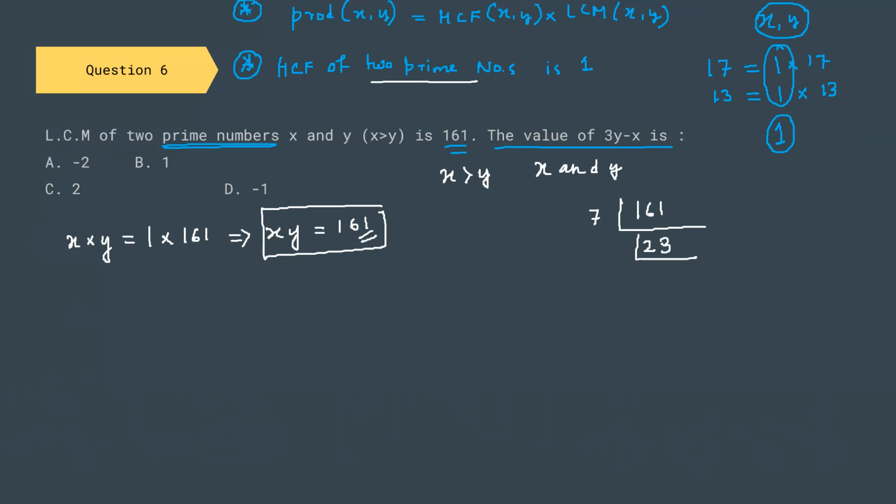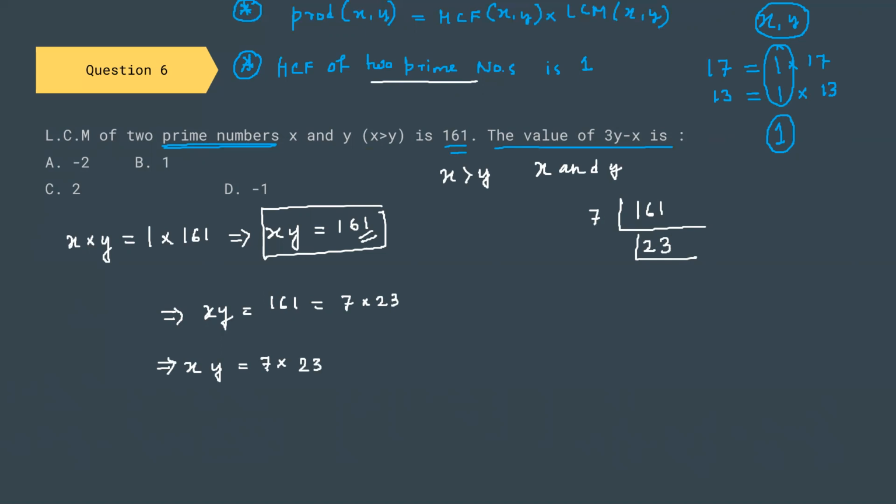So 23 is a prime number. So 161 can be written as 7 into 23. So I can conclude that x into y equals 7 into